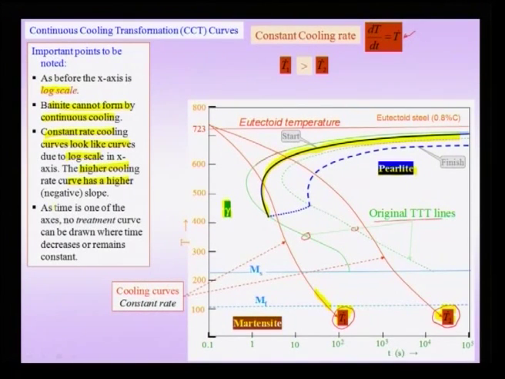And as before, no treatment curve can be drawn where the time decreases or remains constant. We know that time always has to flow in the positive direction. Therefore, we should not draw any such curves. For instance, I am not allowed to draw a curve which goes like this here. Furthermore, I am not even allowed to draw curves like these, for instance,